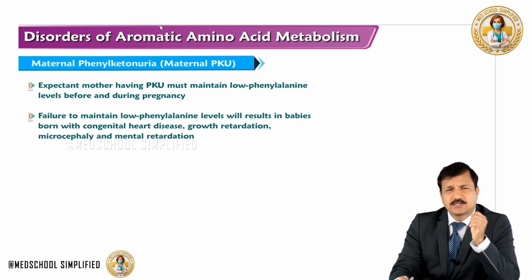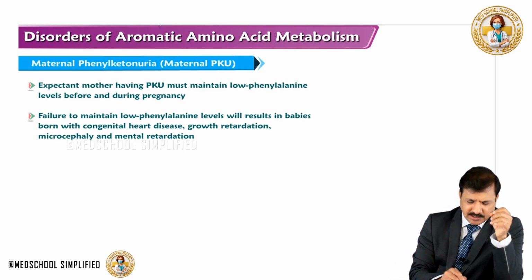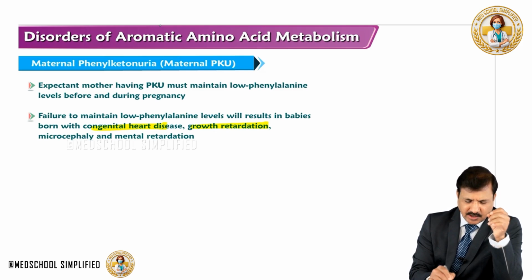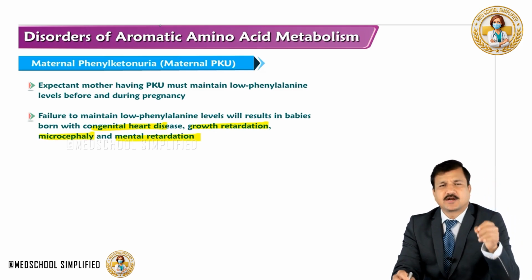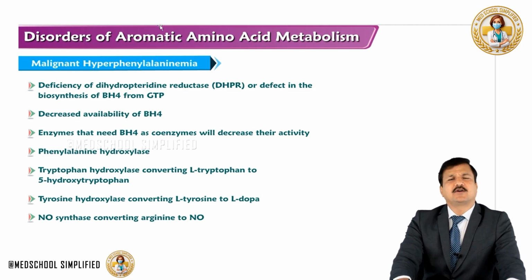And the type of congenital anomalies that you may see in the developing fetus is congenital heart disease, growth retardation, small brain like microcephaly, and mental retardation. Coming to a variant of